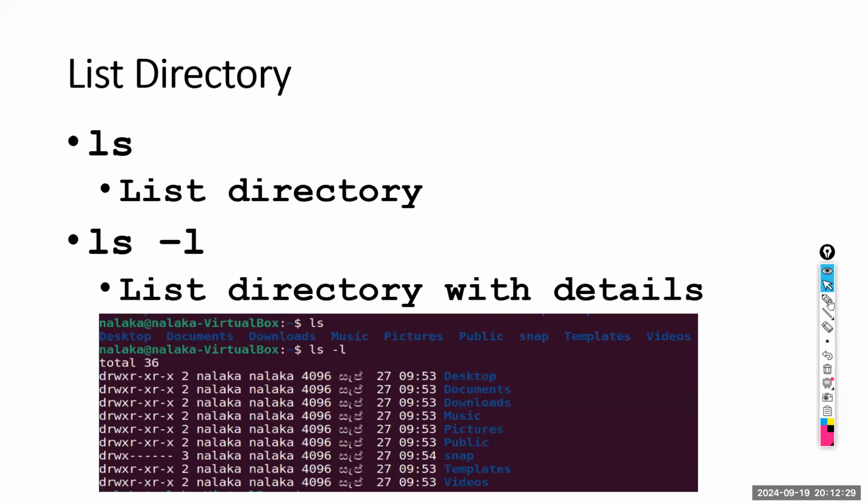So that is why, when you say ls minus l, you can see a set of privileges. Okay, so the first one is user. The next 3 letters are for the group. The last 3 letters are for the others. Anyway, we'll get back to that later. And also D means it's a directory, not a file. Okay,